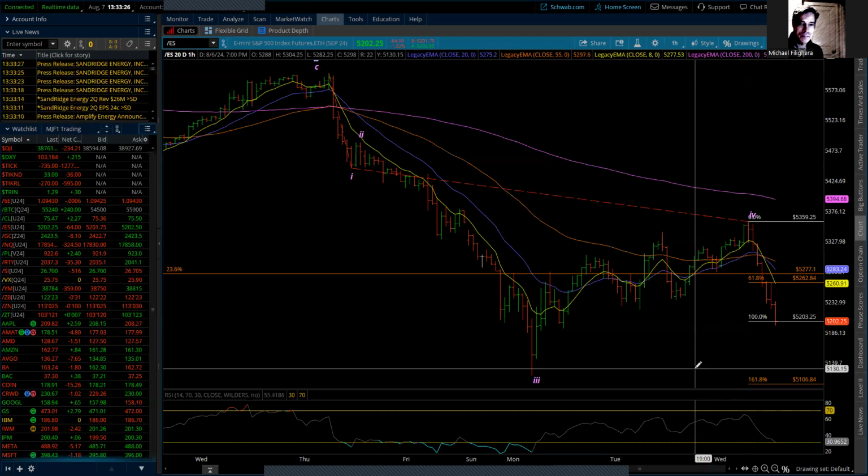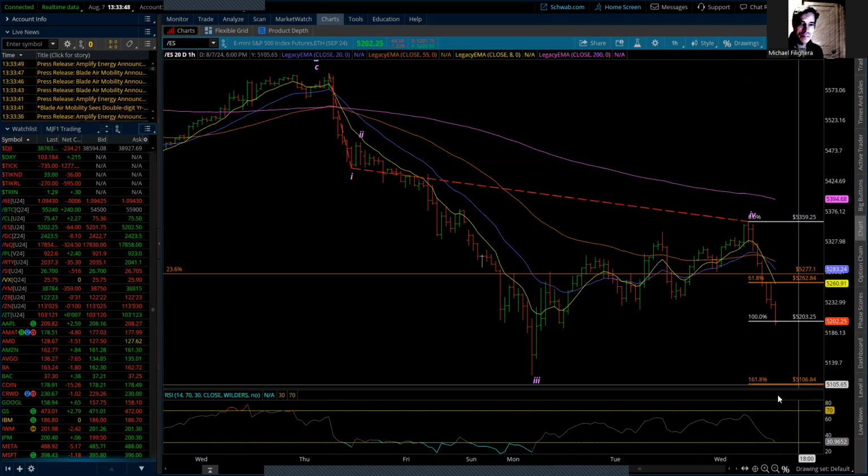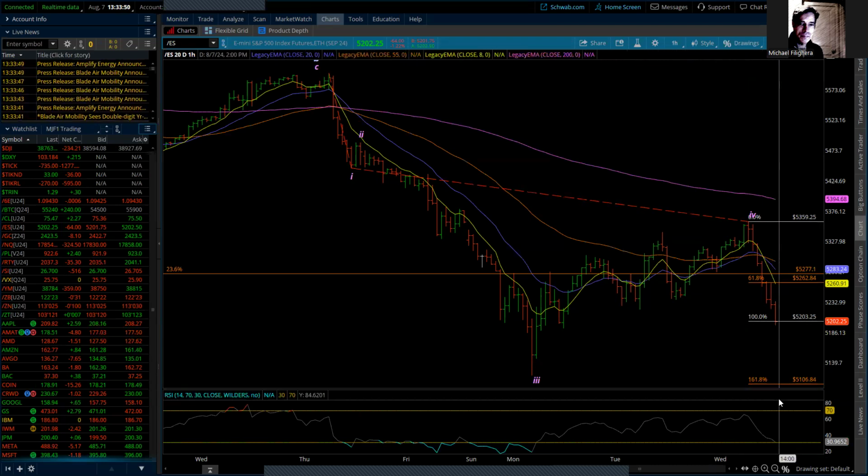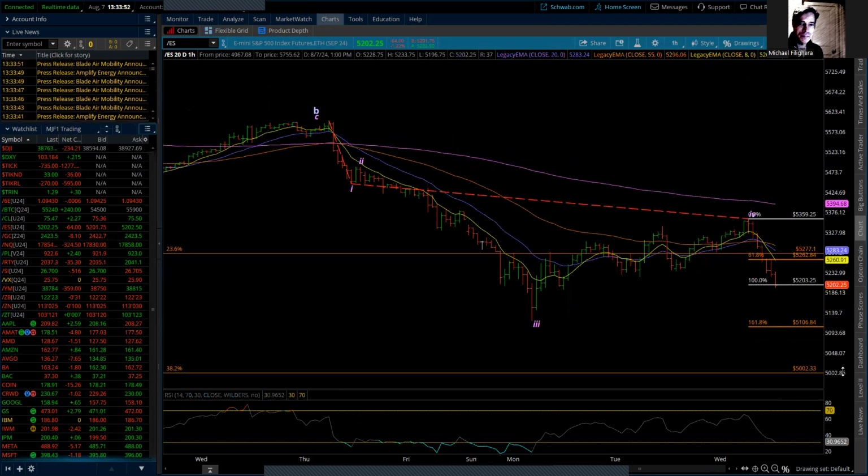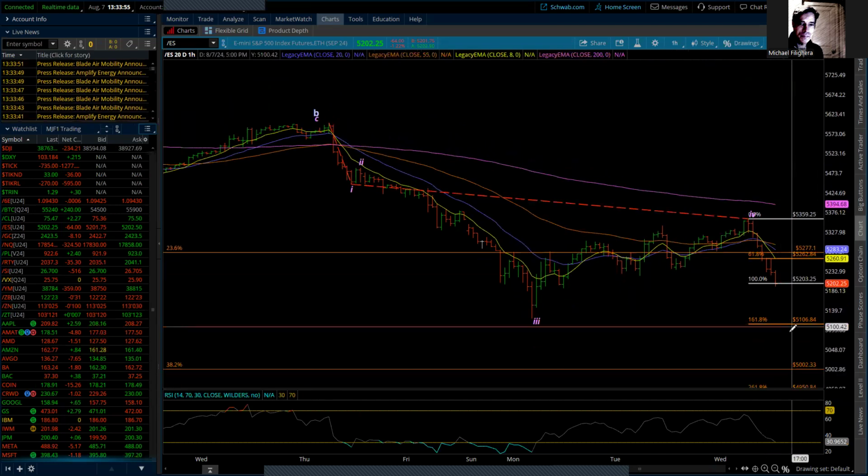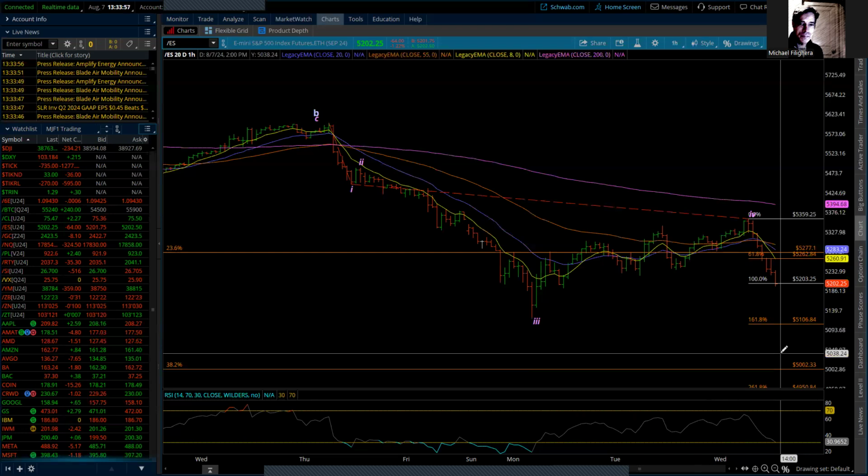But I think that part's going to continue, unless we get the gang up. So tomorrow could be another down 3, 4, 500 day. And that would, in the ES, be like another 100. And another 100 puts us down here at the 1.618. If we drop 100, and in fact if we drop more than that, we are entering the danger zone.